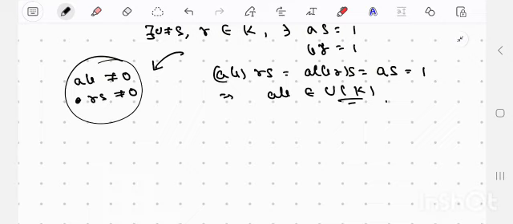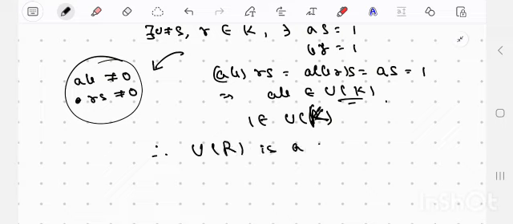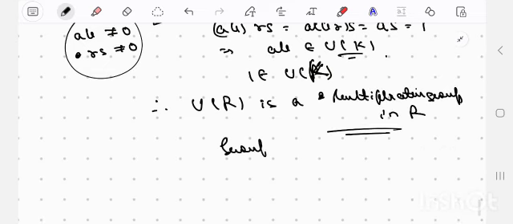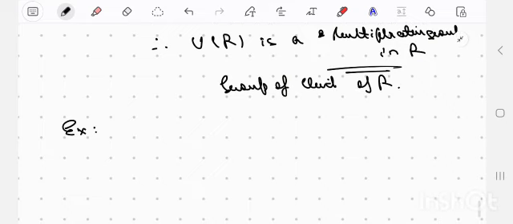In fact, now 1 itself will always be a unit, right? It is obviously a unit. Therefore, the units over any ring form a multiplicative group in R. This is called the group of units of R. Okay, fine. Now the exercise I would want to give is that if a is in Z, then